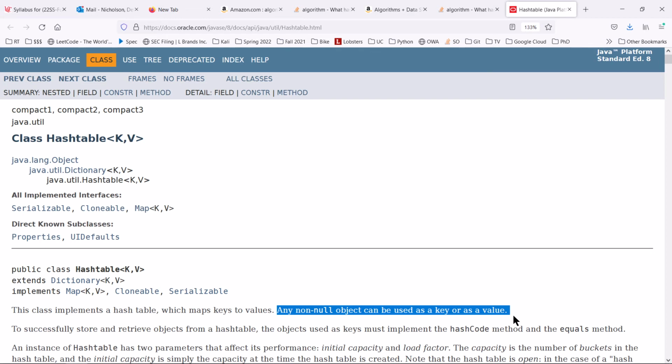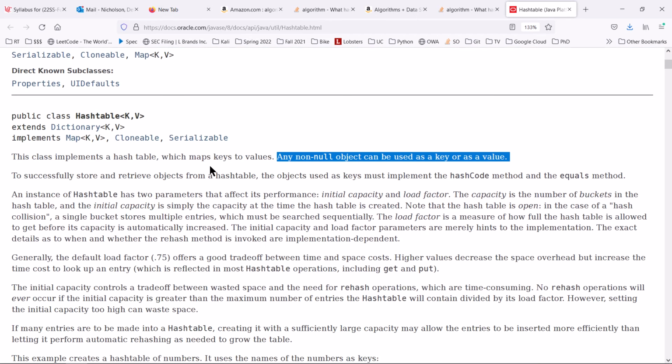If you dig into this more, they'll give you some hints about performance. They talk a little bit about what they call load factor. How do you balance time and space? Those are all things worth talking about. We're more interested in application right now.